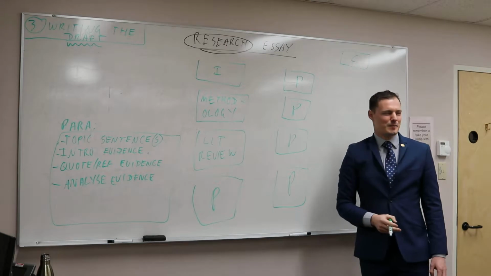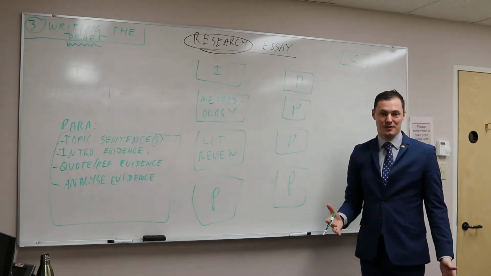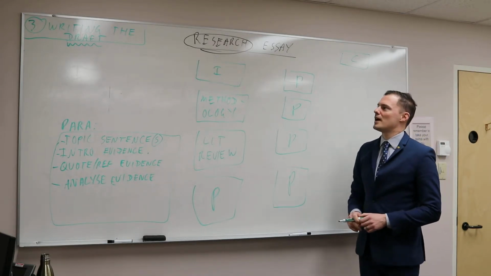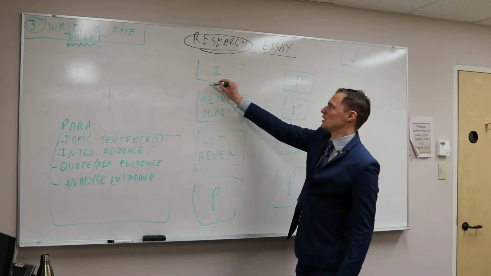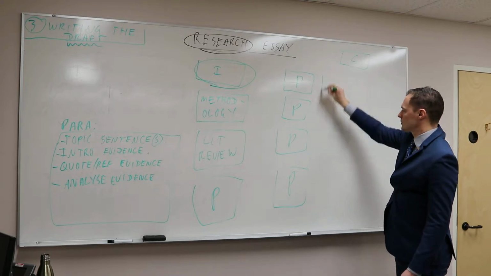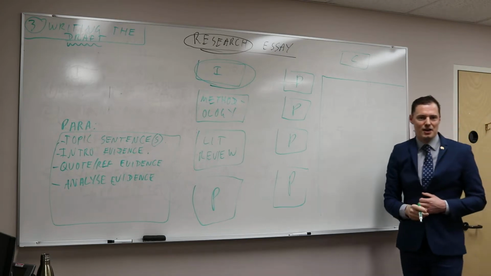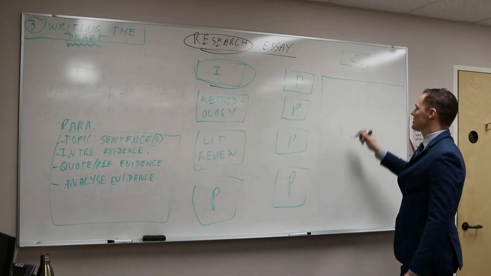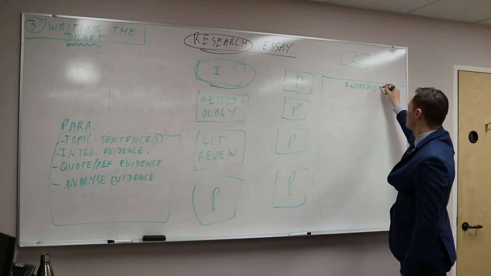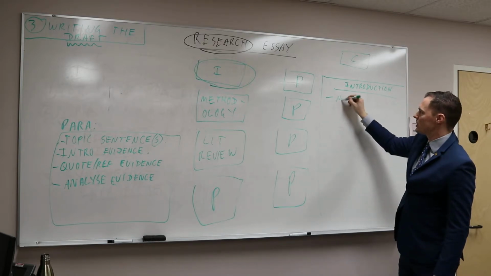Assuming that you've hit the basics of how to write an essay, like never make a claim without direct textual evidence and analysis of that evidence, assuming all of that, by far the most important paragraph is your introduction. And here is how a research essay introduction should look. First, you're going to make your major claim.